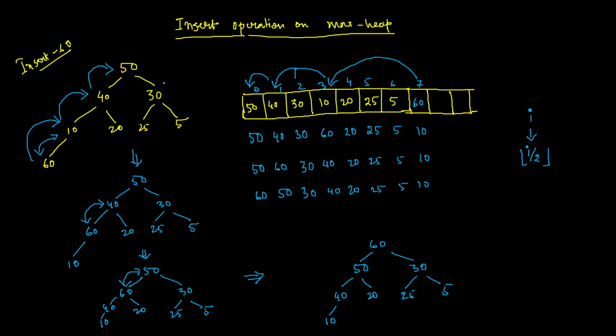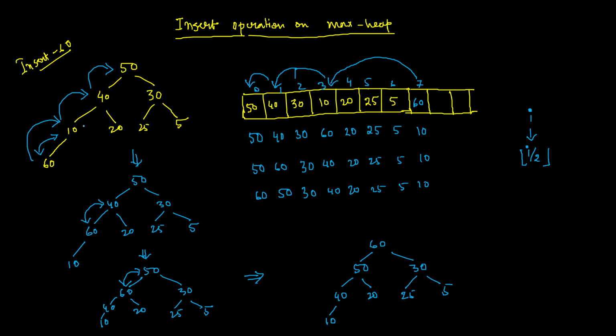Since the value that I have just inserted was the maximum one, it became the root of the present maxheap, that is why we had a journey like this. If instead of 60 it was 35, then obviously 35 will never come up to the 0th position. This 35 will stop